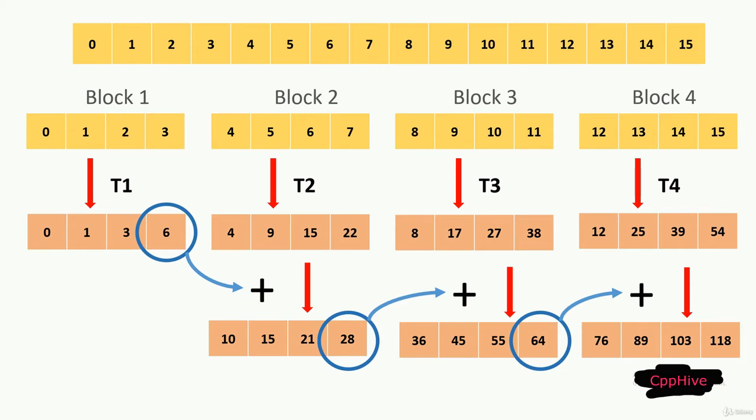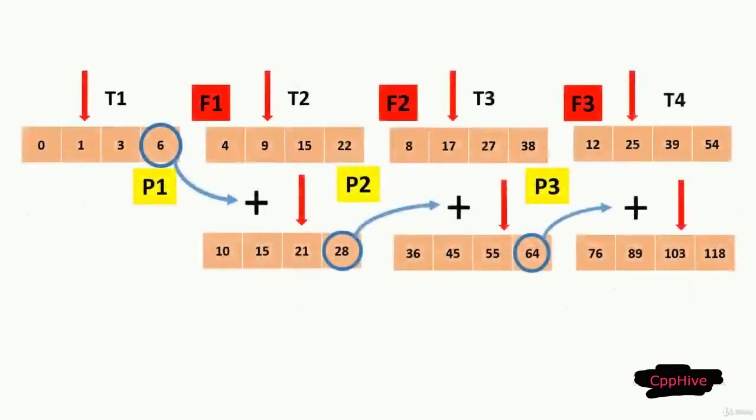So how can we achieve something like this? Well, using futures and promises, we can achieve this. Each thread is going to have a promise. The thread which processes the next block will have the future half. For example, in our diagram, if thread 1 has the promise, thread 2 is going to have the future associated with thread 1's promise. Thread 3 is going to have the future associated with thread 2's promise, and so on.